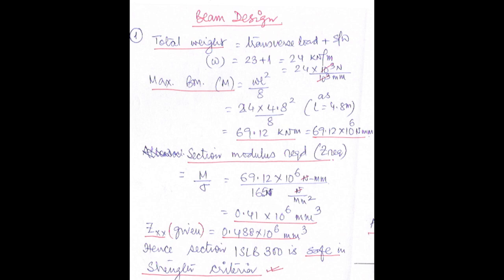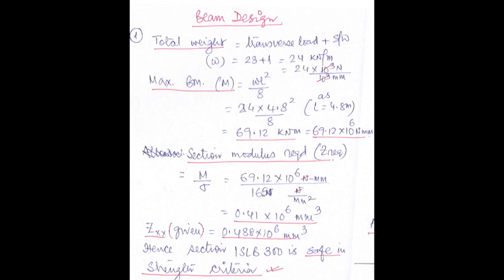But also find it in the other unit, Newton per millimeter. So how will we do it? We multiply 24 by 10 cube, to go from kilonewton to Newton. Now divided by per meter, meaning meter is in the denominator, so from meter to millimeter, how will we go? You multiply by 10 cube. So 10 cube cancels, and 24 kilonewton per meter means 24 Newton per millimeter. So keep both the values as they are. Keep it this way.